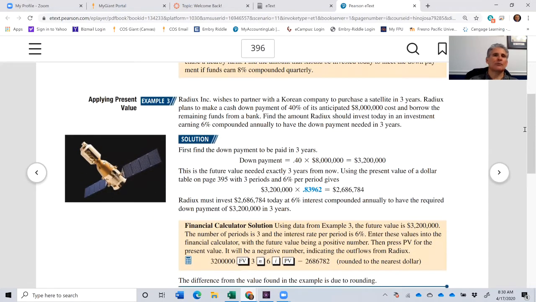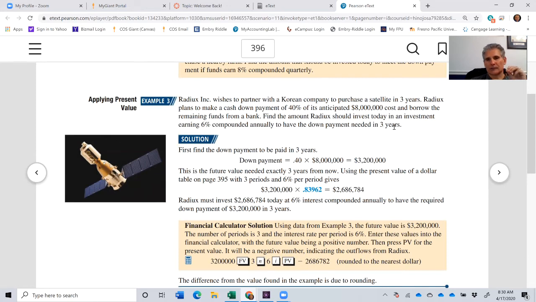Moving on to the next example, Radix Incorporated wishes to partner with a Korean company to purchase a satellite in 3 years. Radix plans to make a cash deposit down payment in 3 years of its anticipated $8 million cost and borrow the remaining funds from the bank. So the only question is how much money is Radix going to need in 3 years in order to make that down payment? Now, what we're given is that the investment that they can put away today will earn 6%